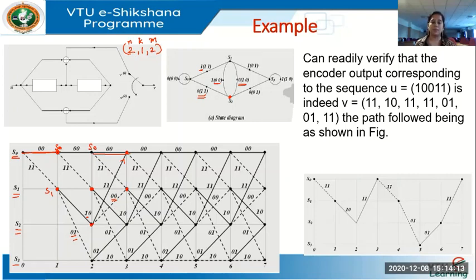So we saw what happens from S2. Let's see what happens from S3. You are in state S3 and you receive a 0, you go to S2, solid line. The code bits output are 0, 1. You are in S3 and you receive a 1, you remain in the same state, a self loop, and the code bits output are 1, 0. It's a dashed line because a 1 is received, and the code bits output are written along the branch, 1, 0.